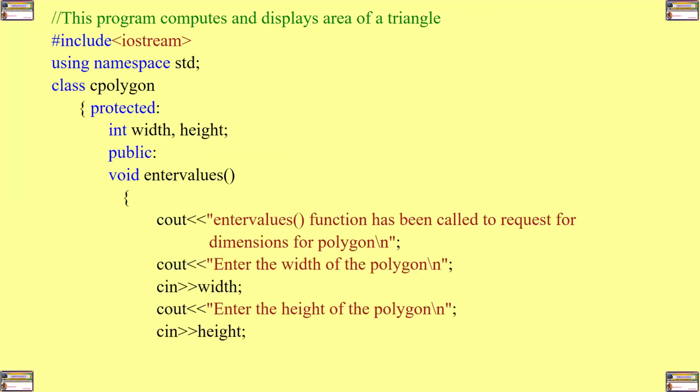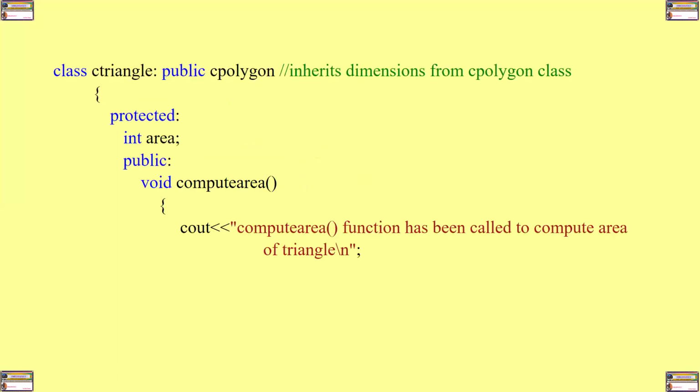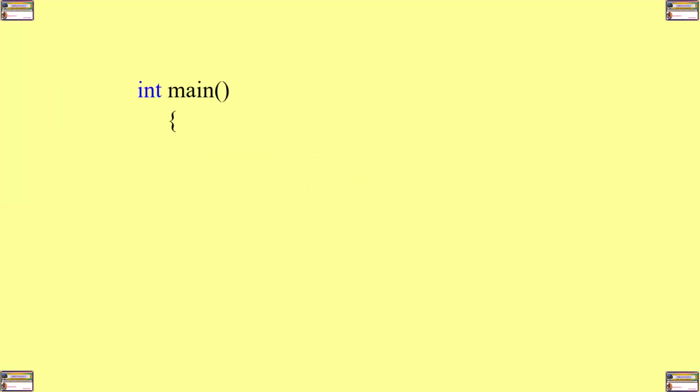The question that you may ask is, how come we are not invoking the enter values method using the instance for the base class? It is simply because the TRG, the instance for C results, has been given the rights to be able to access the members of the base class. So when this statement is invoked,